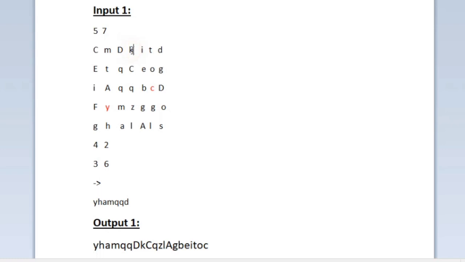So we have to print all these characters, and now we have reached the top of the matrix, so we should shift to the next column, and now from top we should move to bottom. So I am starting from K, and then the next character is C, Q, Z, and I. So we have traversed from top to bottom, and now again we have reached the bottom of the matrix. So now we should move to the next column, and since we are at the bottom we should move from bottom to up. So now we print the characters A, G, B, E, and I.